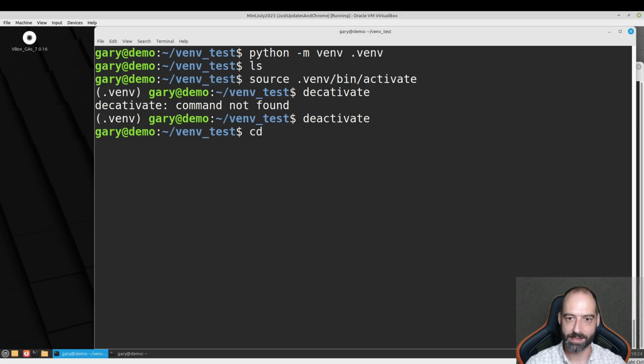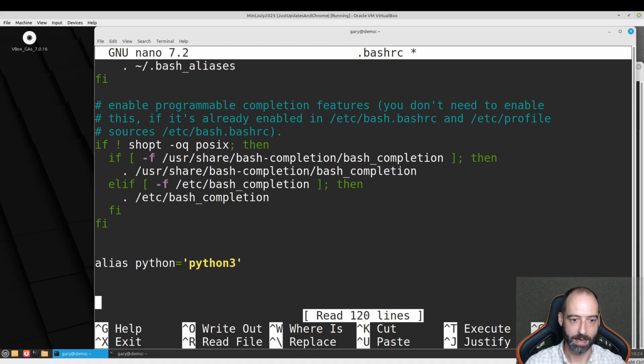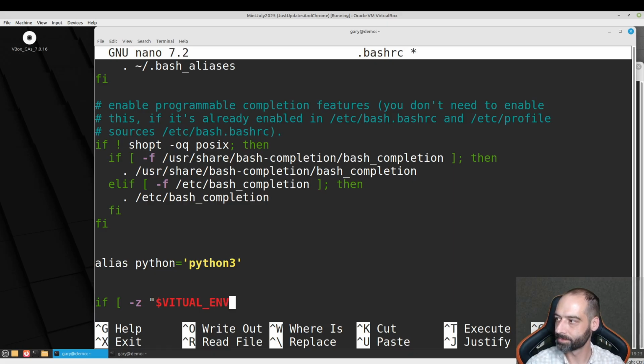Okay, let's see. Before we move on, let's make this a little bit cleaner. I'm going to nano bashrc and add a few more lines for convenience. I'm going to go down to the bottom here, give myself plenty of room, and I don't have copy and paste enabled on this. Yeah, I'll go ahead and type it out. So if, and this is going to check for an empty string, and this is a system variable, if there is no virtual environment,